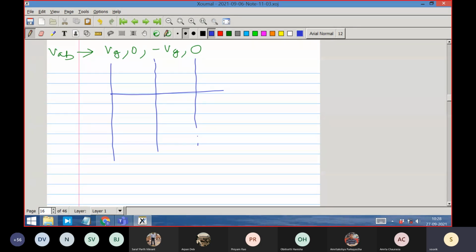This control variable was not available to me because I was only handling either one switch or two switches that are essentially complementary. Then I don't have the degree of freedom. But here I have gained a degree of freedom. What is the degree of freedom? The difference in the pulsing instant between, you remember, it is like our multi-phase converter, where I have gained freedom to change the phase shift between the two parts of the converter, two identical parts of the converter.